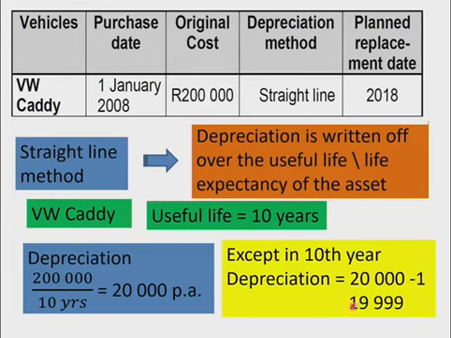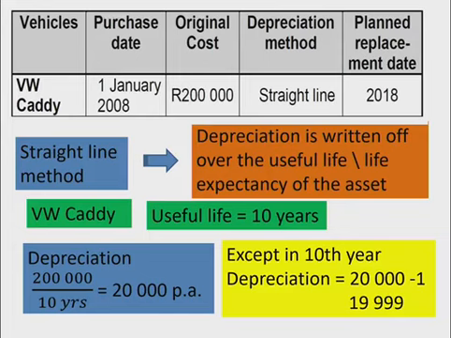If you're going to write off the full 20,000 in the final year, then the cost price and the accumulated depreciation will be equal to 200,000. And then the carrying value will be 0. So we cannot have that. Therefore, we have a residual value of at least 1 rand. That is why we take away the 1 rand over there, so that we have to write off the depreciation of